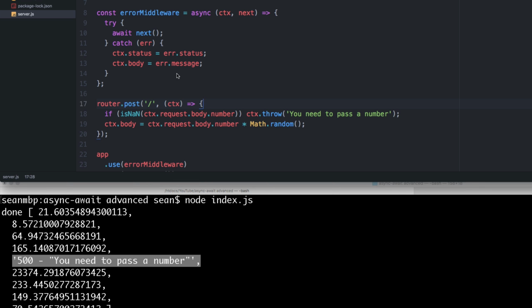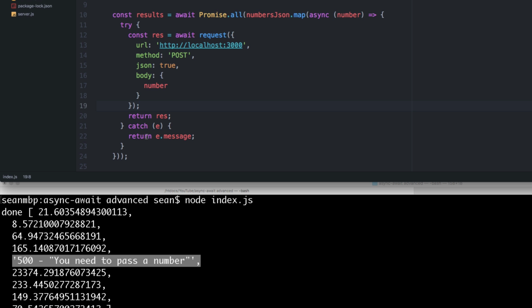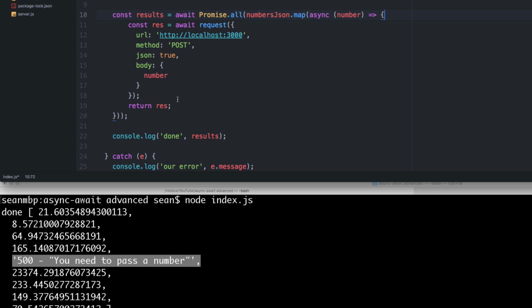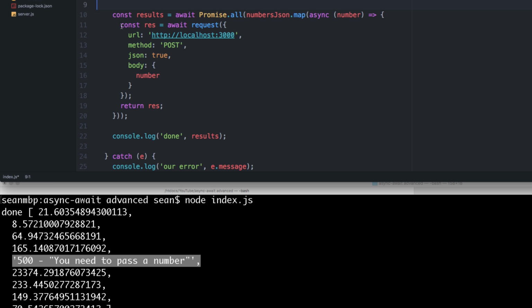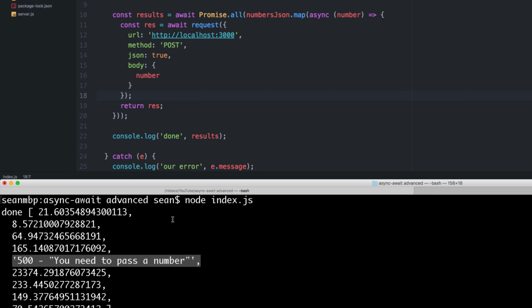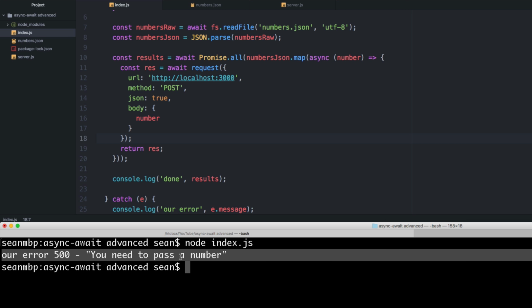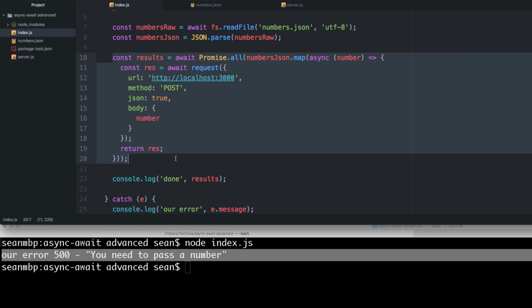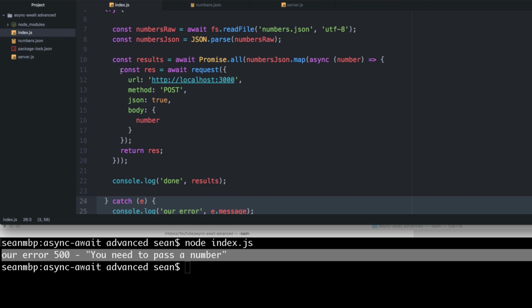Now again, if we didn't have the try catch, and I can show you this too, if it doesn't have the try catch, we'll never get out of this loop. Okay, so let's take a look at that. So let's not have the try catch for a second. Again, this is the gotcha. Let's not have it, as if, hey, we don't need it. Forget it. We're just going to return this business, right? Let's clear. If I run it again, you can see, same thing as before, we get an error message because this whole thing threw an error, and therefore this is the catch that we're getting to,